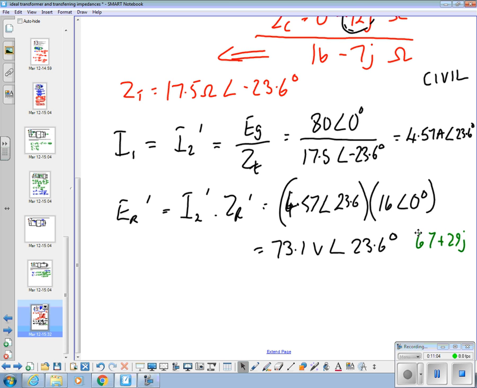That was my check yesterday that helped me find out that I'd made a mistake. And I'll tell you where I made the mistake in a minute. So that's ER dash. Then I could find